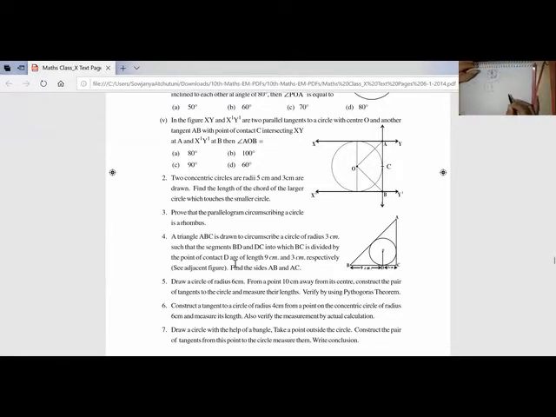Okay, let us see this. There is a circle and there is a right angle triangle. A triangle ABC is drawn to circumscribe a circle of radius 3. Segments BD and DC, into which BC is divided by the point of contact D, are 3 and 9 centimeters. See figure. Find sides AB and AC. 3, 9, that's all what is given. And this is 3.